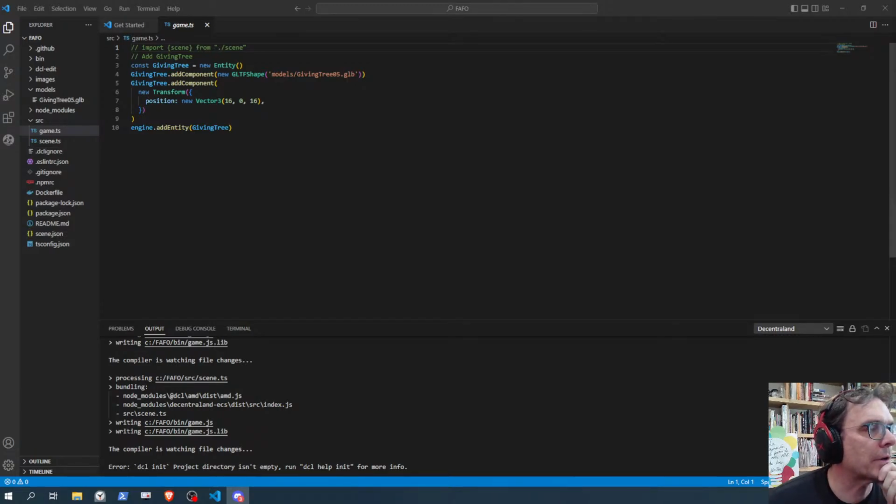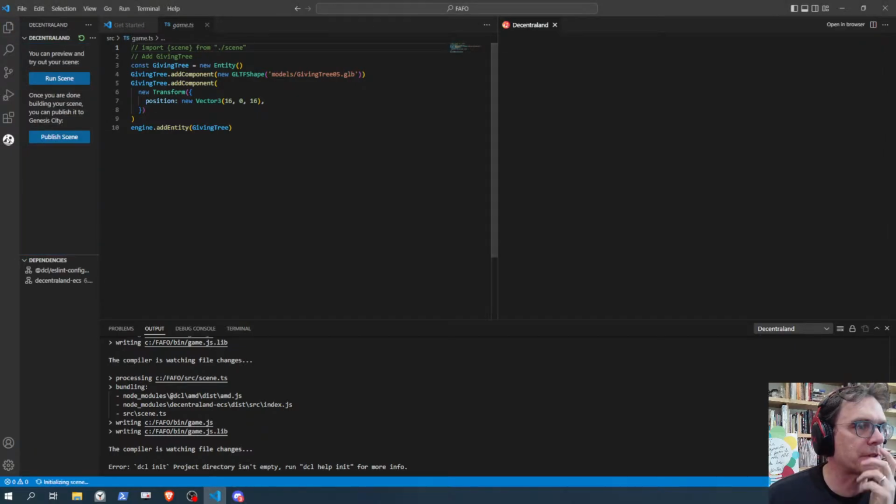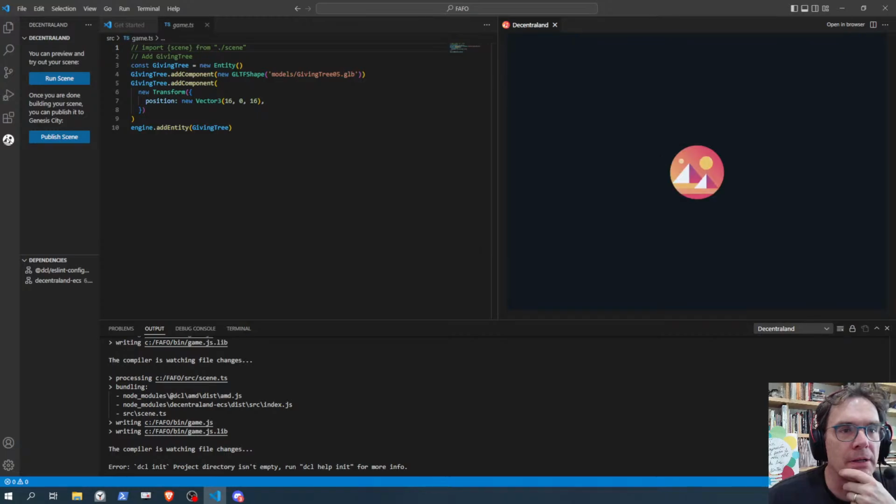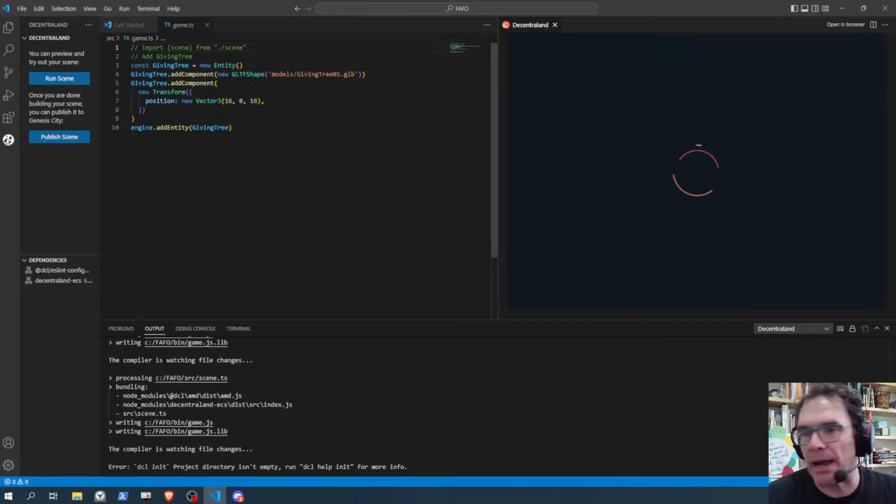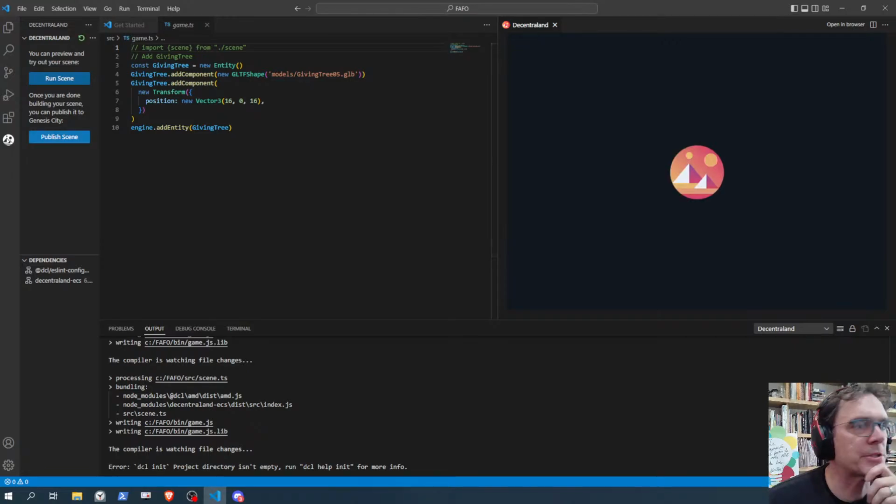Let's see. I want to open something else because what I don't see, like if I come down here and I choose run scene, that will show me this actual scene. So Visual Studio is in this directory where I've added the giving tree, publish scene.